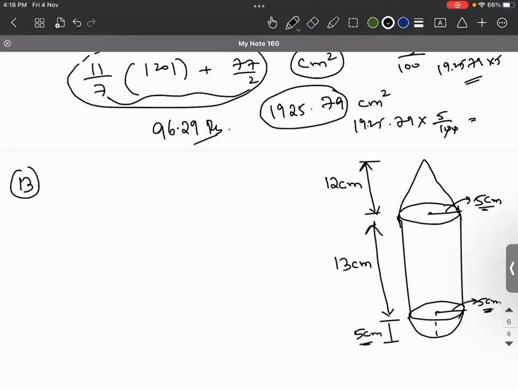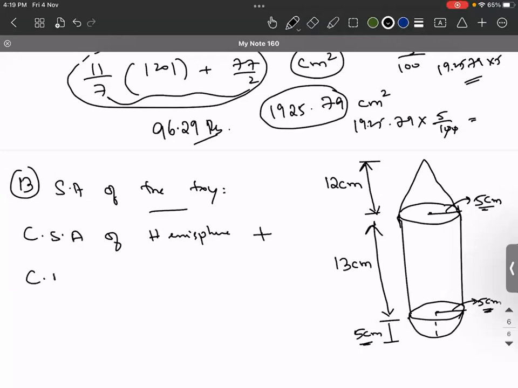So it is 5 centimeter. Okay. Something like this. Now, what are they asking? Calculate the surface area of the toy. Here, what surface area can you calculate? Surface area of the toy means you will find the curved surface area of the hemisphere